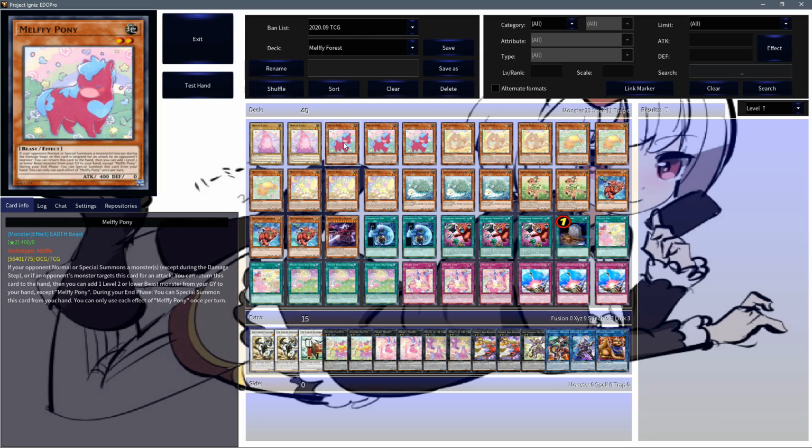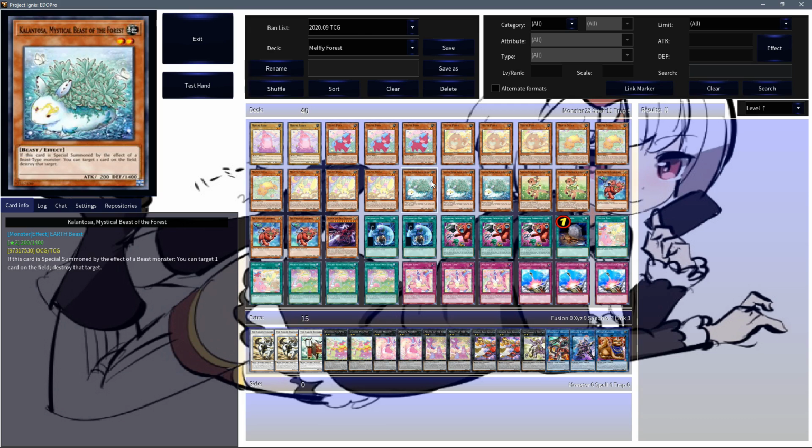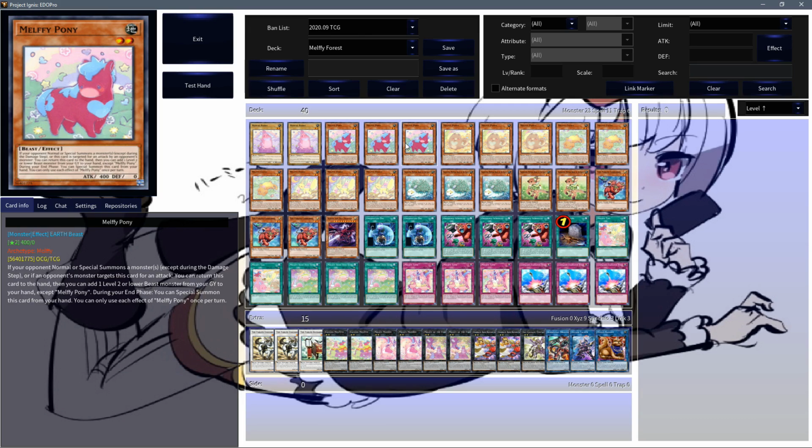So, when Pony is targeted for an attack or your opponent summons a monster, you can return Pony to the hand and add a level 2 or lower beast monster from your graveyard back to your hand. Of course, neat recursion. He's alright, we mostly do run him because he is a Melffy and a level 2 beast, but getting back some of your more important beasts like Calantosa or maybe the Melffy Puppy is definitely rather